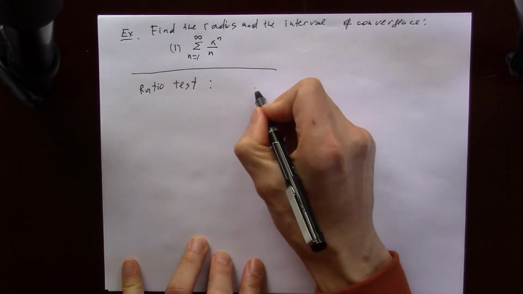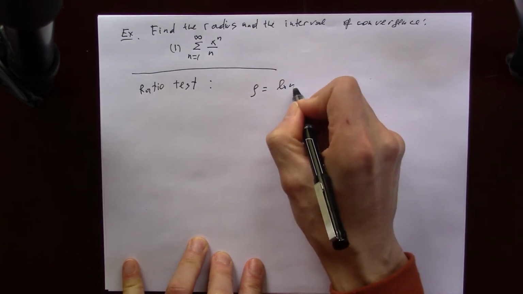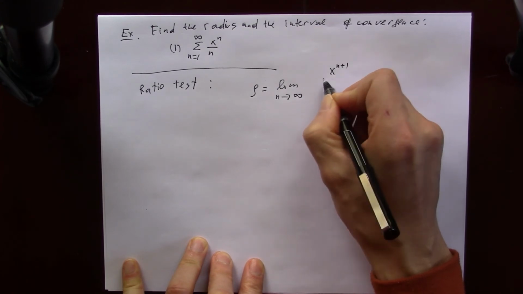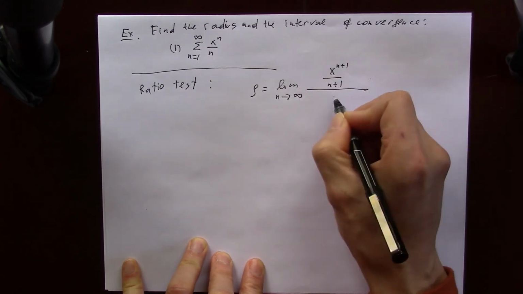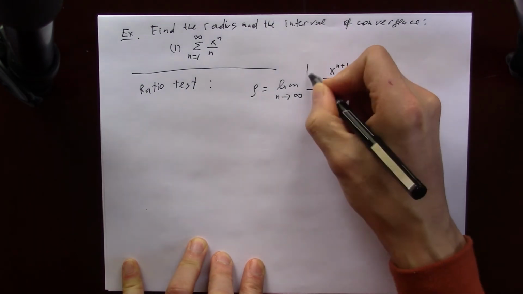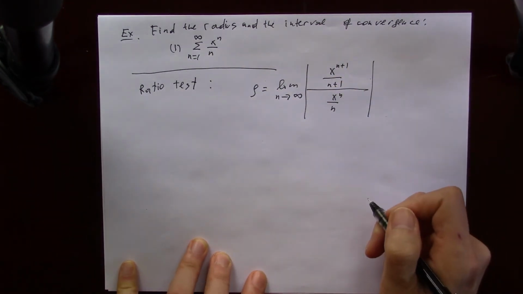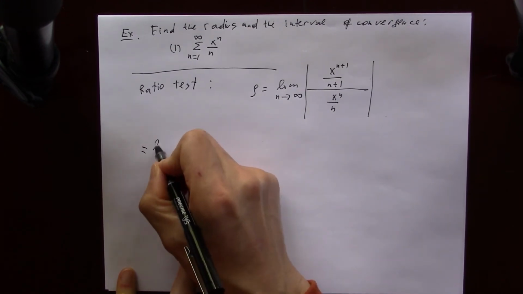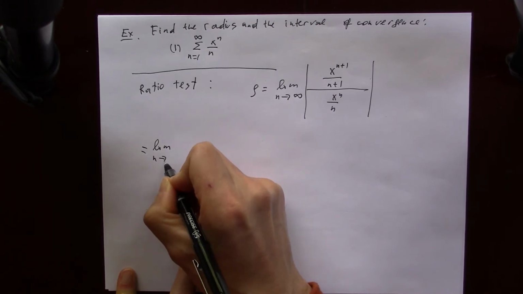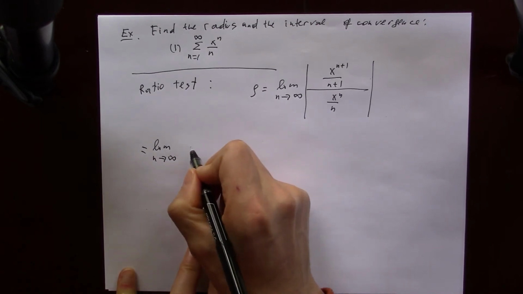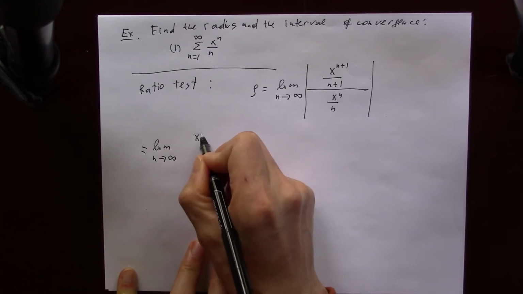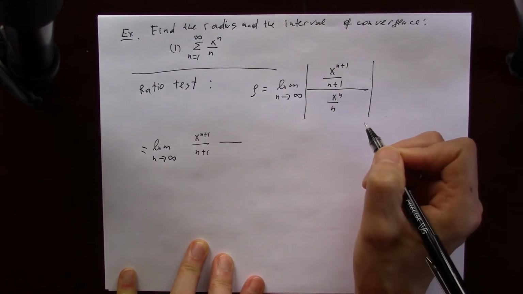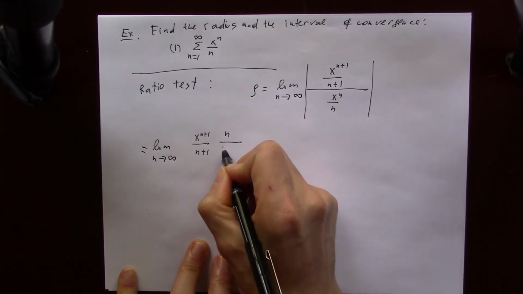We're going to get rho equals the limit as n approaches infinity of the absolute value of x to the n plus 1 over n plus 1 over x to the n over n. So we're going to get the limit as n approaches infinity of x to the n plus 1 over n plus 1, and take the reciprocal of that expression, n over x to the n,